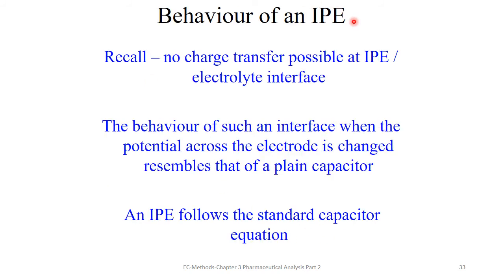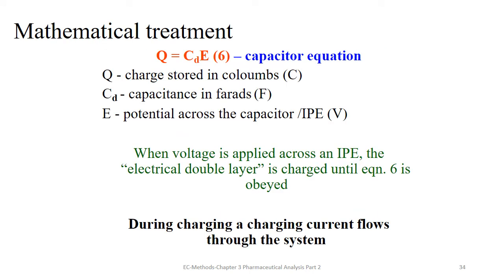Behavior of an ideally polarized electrode. Recall, no charge transfer is possible at the IPE electrolyte interface. The behavior of such an interface when the potential across the electrode is changed resembles that of a plane capacitor. An IPE follows the standard capacitor equation. The mathematical equation can be shown